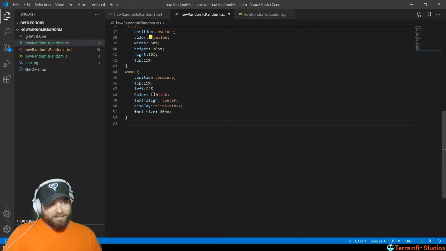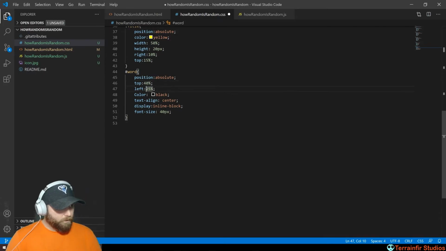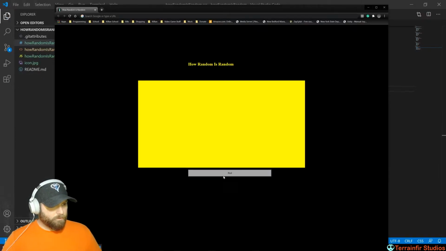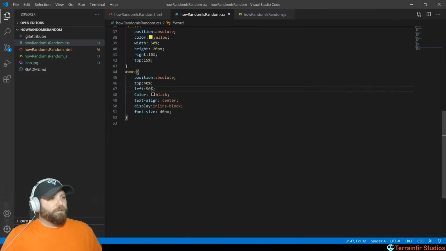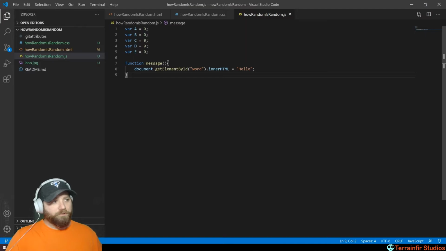Text align, but it's not center. Okay, so let's... I'm just going to toy with these numbers a little bit until I can get something that looks good to me. So let's save. Save and toy with the numbers. Yeah, that looks good enough. Okay, so now we have officially conquered our first hurdle, which is getting some text from JavaScript